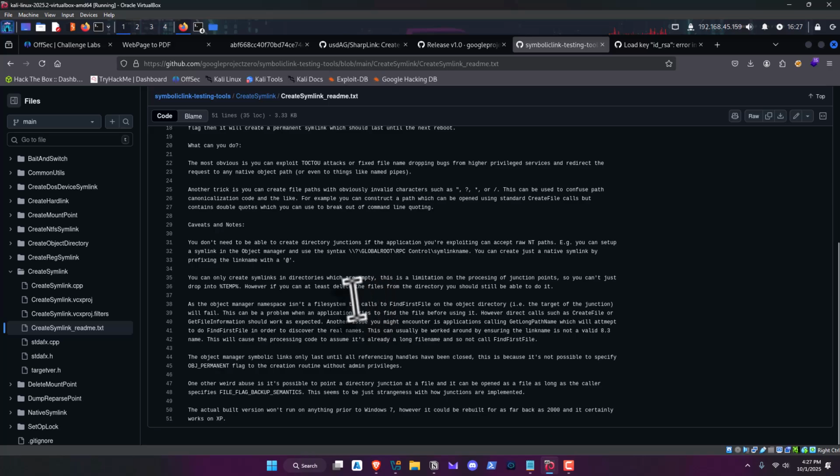Right here is what was throwing me off. You can only create symbolic symlinks in directories which are empty. This is a limitation of the processing of junction points. And that was the exact error I was getting. It was saying junction error 145. I'd change something, it would say junction error number 32, and I was like, this is never going to work. But then when I deleted basically everything in that log